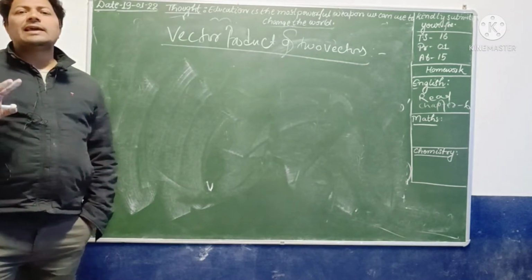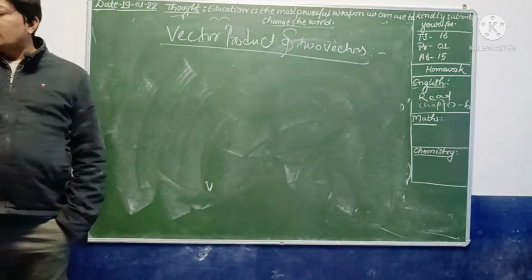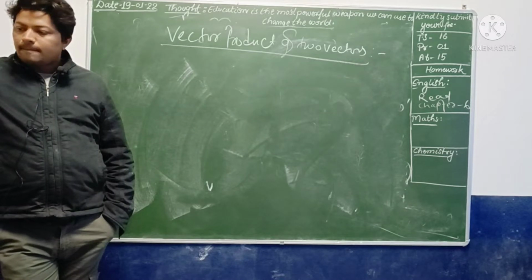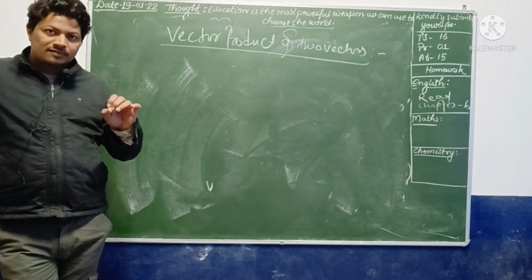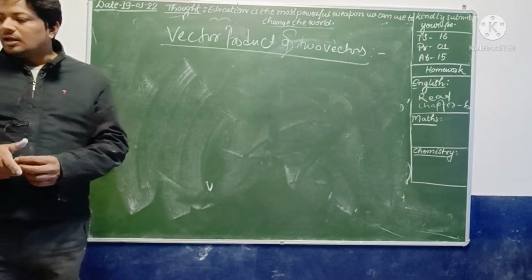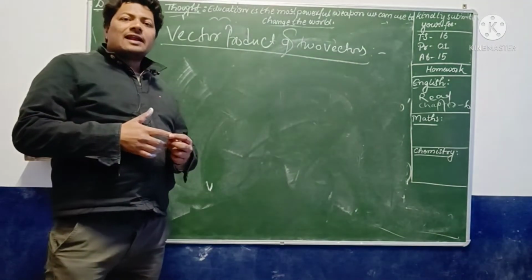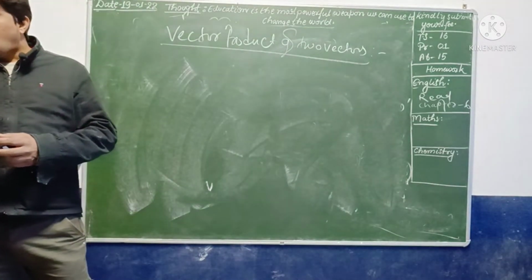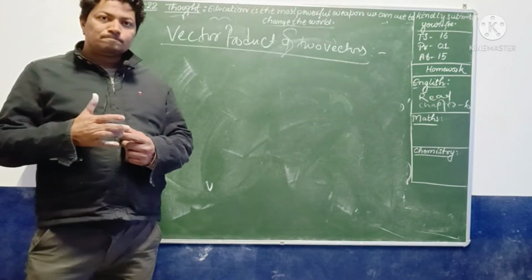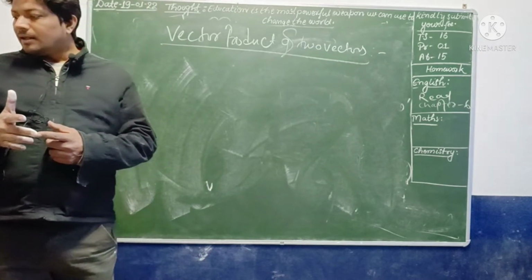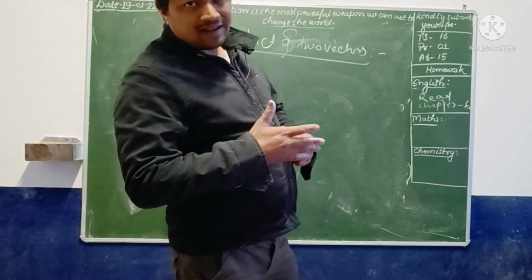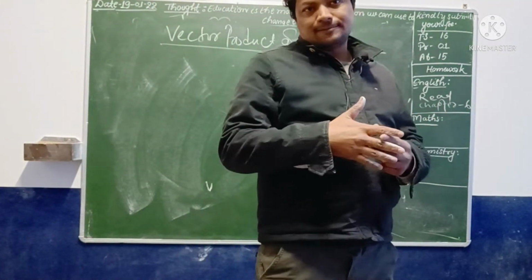here we have two vectors A and B. Clear? If you can go for right hand or left hand, this one is my left and this one is my right. The finger is pointing in the direction of vector A. On curling the second finger, the third finger is pointing in the direction of vector B. Clear? Like this. The thumb will indicate the direction of vector N, means N cap. Simply, that one is the unit vector.